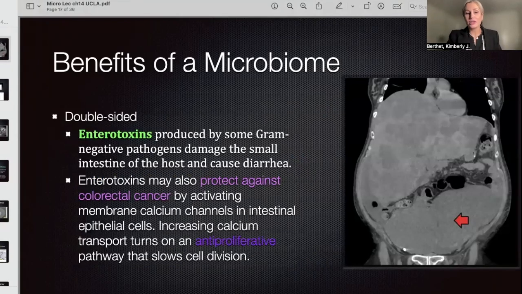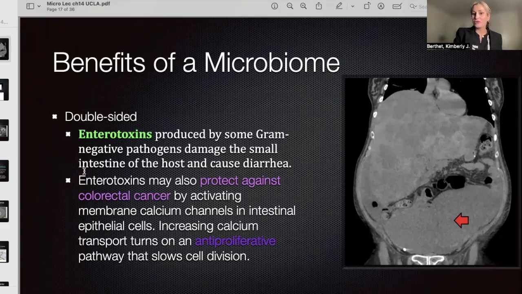Let's talk about enterotoxins. Looking at relationships of microorganisms within our body is very, very complicated. While we have mutualistic relationships with them, we can also have some negative side effects as well. Enterotoxins, from some of our gram-negative pathogens, can produce toxins that cause diarrhea. So it would definitely be a negative factor, the double side of our microbiome. Diarrhea can be very dangerous because it can dehydrate you to the point of death, essentially. So enterotoxins are pretty serious to look into.